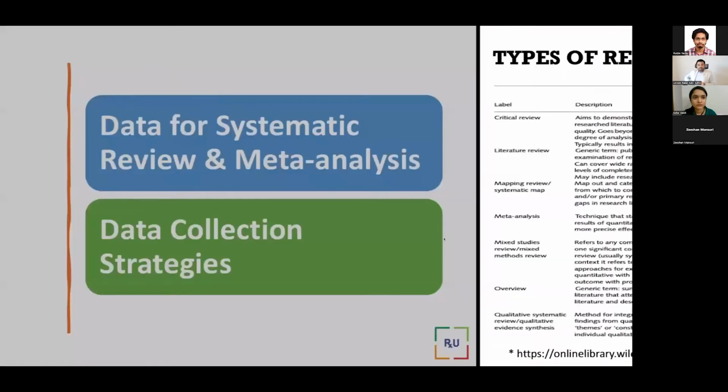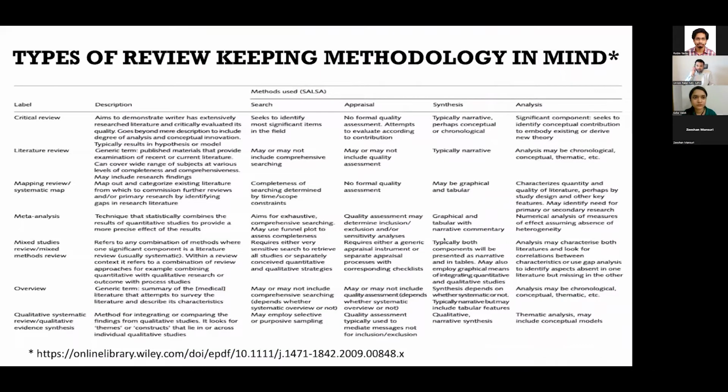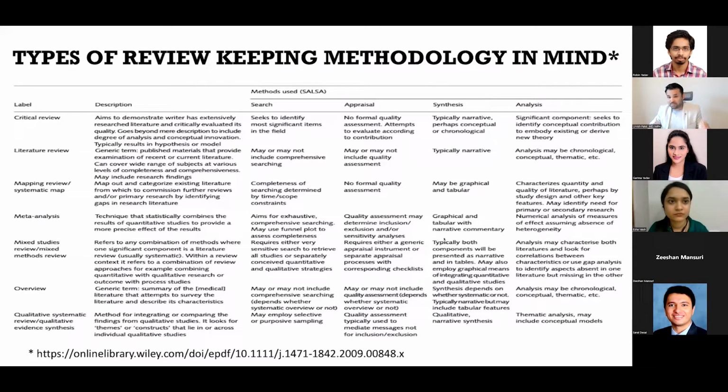Before I quickly jump into the systematic review and meta-analysis, I would like to share with you some of the other important types of reviews, which require some time-specific method, which means search strategy, aims and objectives, synthesis of evidence, which may or may not involve analysis, but can be considered under the review subheading. Still, it's important if we can convert that into original research and publish it in the original research category. I'll not go into much detail, but we'll quickly go through some of the labels of the